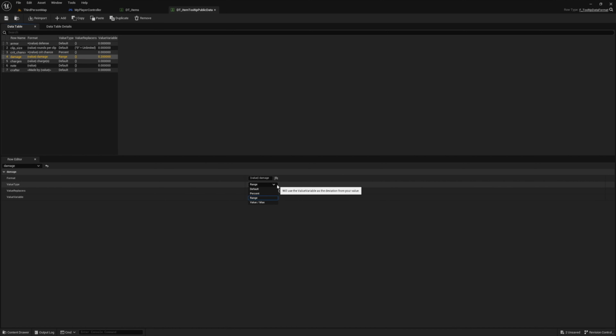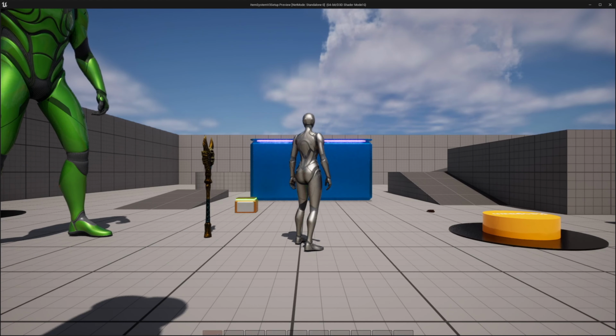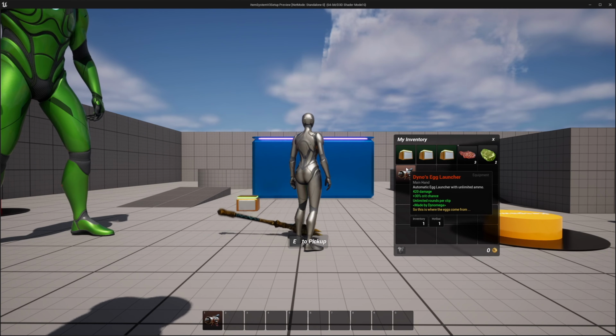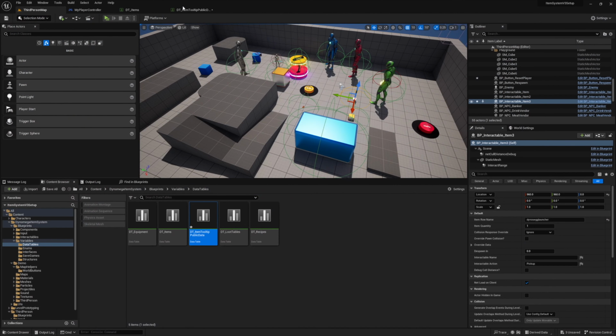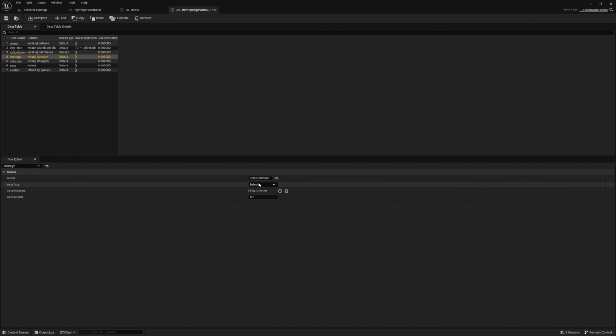The value type determines how the value is shown on the tooltip. Default does not change anything about the value, and it will appear exactly as it appears in your data. And if the item is set to %, it will take the value as a float and show it as a percentage. Range is how we can apply a deviation from our fixed value to represent a more dynamic value. And we use range on the damage tooltip. And the range type uses the value variable field to determine the deviation amount. And the last field on this